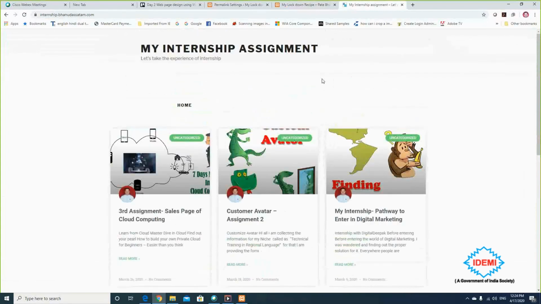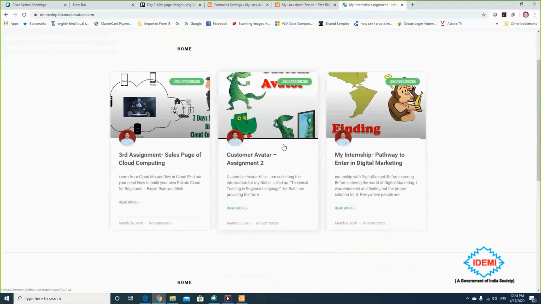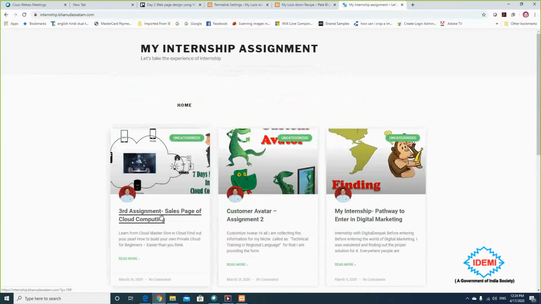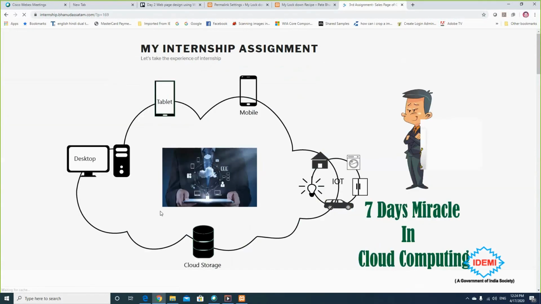Suppose here I am showing my sales page. Look at the information here. It is showing something, question mark P169. Here I am creating one sales page for a course called cloud computing.